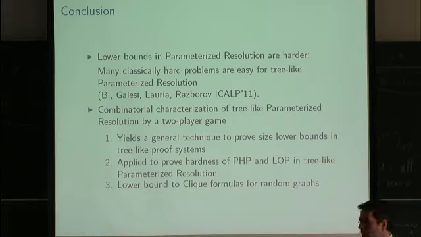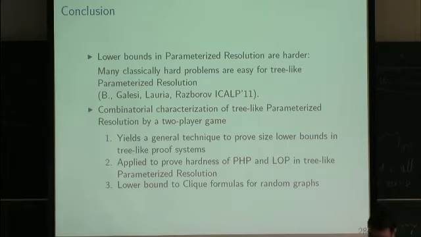Isn't it like a relation between sequence-like and tree-like? That you can simulate a sequence-like proof by increasing the depth by 1 to get a tree-like one. So if you simulate a width k resolution proof, you get an R(k) tree-like proof, and vice versa. I mean, vice versa might increase k to k plus 1 or something like that, but it should be the same. Or is this not true? So there's a trade-off between width and depth.